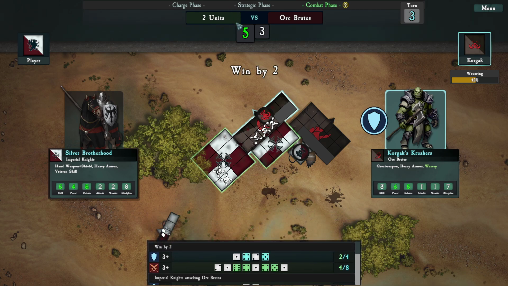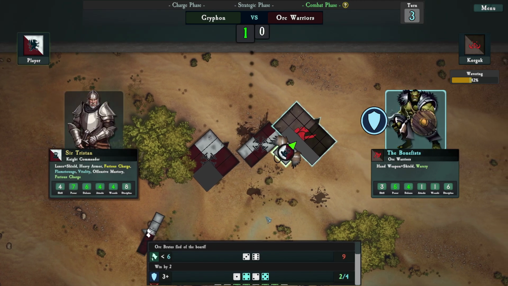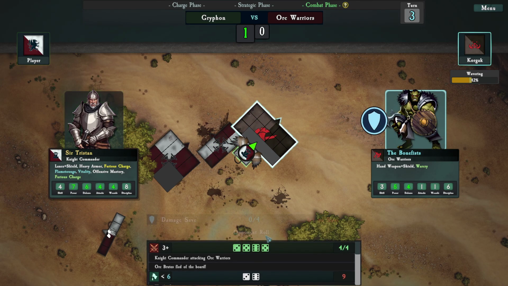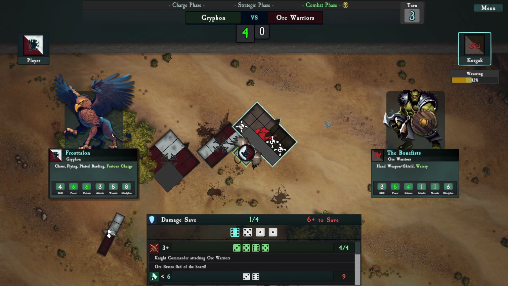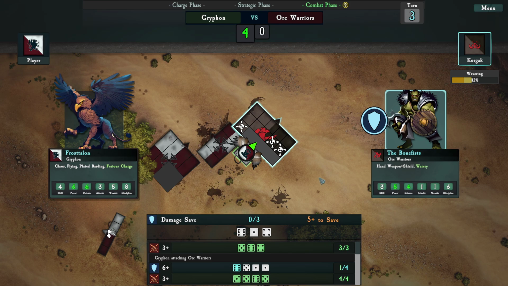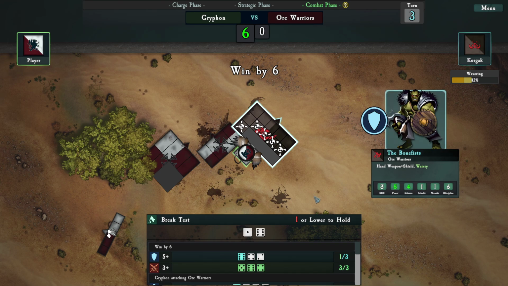So we did win by 2, and that's pretty much just due to the flanking in the rear. They did break and they're off the field. Fantastic. Now, Sir Tristan hitting these guys in the flank, getting a nice roll there, killing a lot of them. See, guys, why couldn't you do that? These knights, you know, they're not quite as good as Sir Tristan. Admittedly, these are Orc Warriors rather than the Brutes, so they will not hold, they will retreat, and they're off